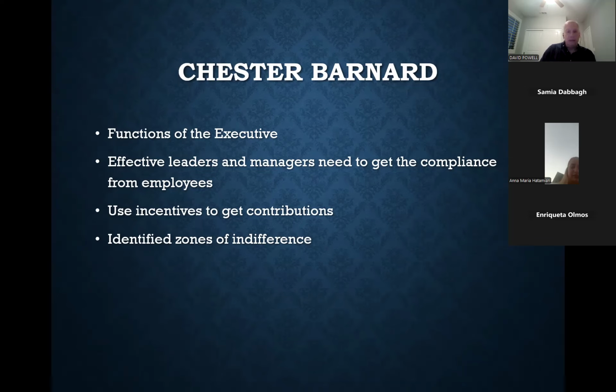We need their intellect. We need their skill set. We need their creativity. Those are all the efforts. Those are all the contributions that we need to get from our employees. And if we incentivize our employees, they will then provide us with those contributions. Chester Barnard's transactional type of relationship here gave rise to one of my favorite theories, which is what's called Vroom's